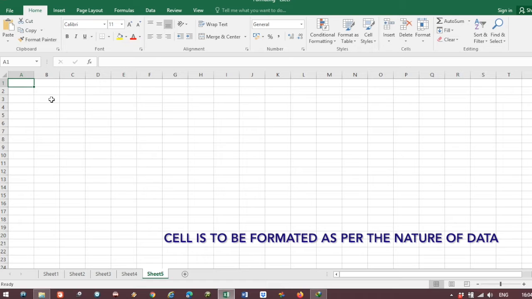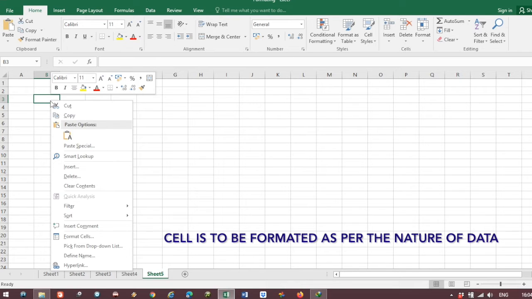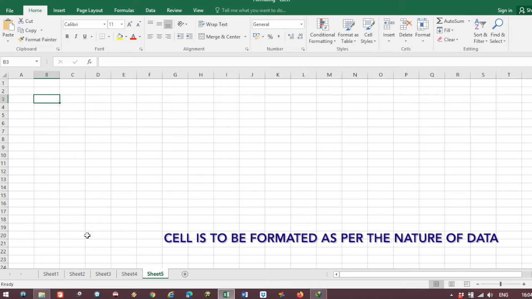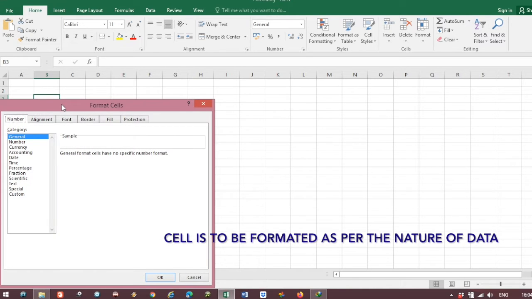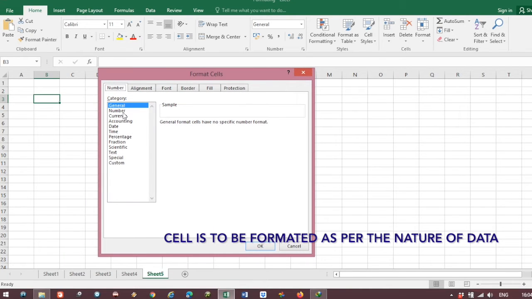Each cell, as I told you, has properties. If you format a cell, it has various types of properties, and various types of data can be entered into a cell. General means all types of data can be given.